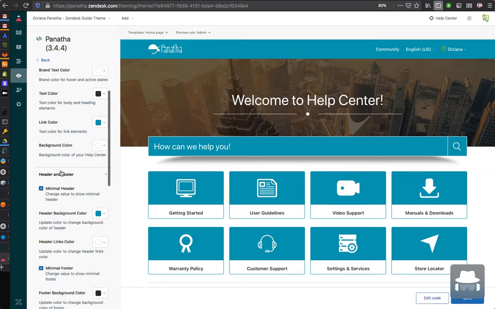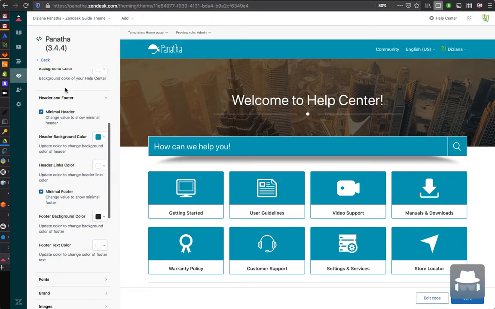There is another setting called header and footer. By default, the theme shows a minimal header, which has a user menu, which looks like this. If the user is not signed in, is anonymous, there would be a sign-in link, and there would be a language drop down. If your help center has multiple languages, only then this shows up.